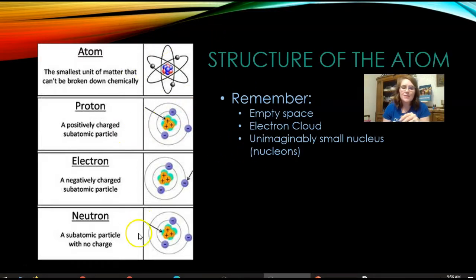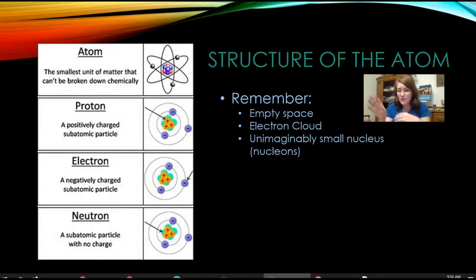Okay, so this is not really what an atom looks like. Here's what you need to remember about an atom. There is a nucleus. It's unimaginably small. We call the things in the nucleus the nucleons, so that would be the protons and the neutrons. It's so small. And then there's this relatively huge electron cloud that goes around it, and that's where the electrons